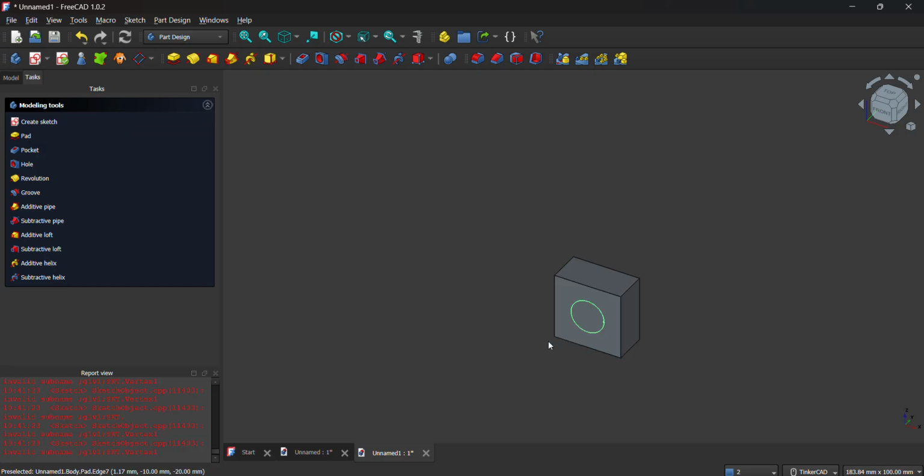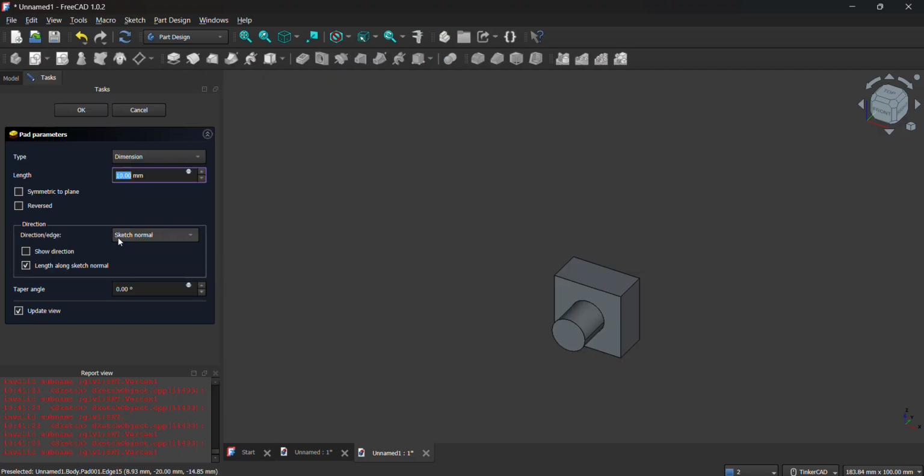To make this a solid cylinder, we have to create a pad. And then, 10 millimeters again. However, since I will be inserting this into another hole here, imagine the thickness of this is 10 millimeters, but there's another thickness here. So 10 millimeter minus 1, it's actually no longer 10 millimeters.